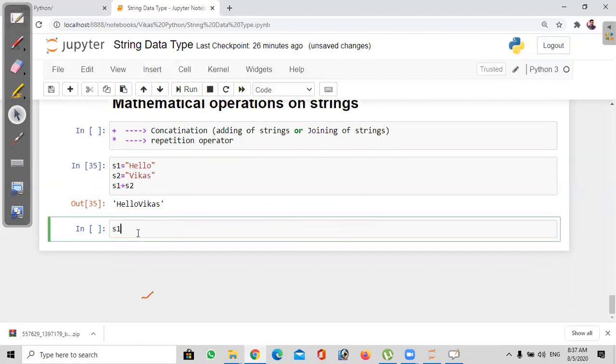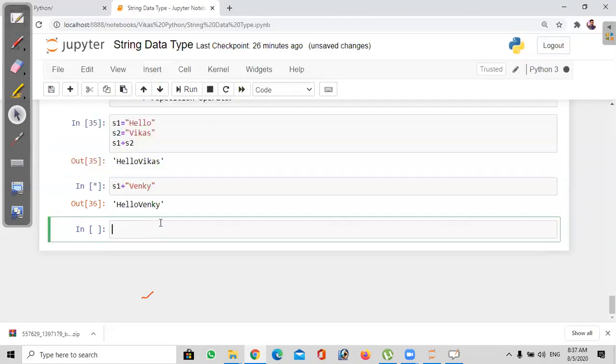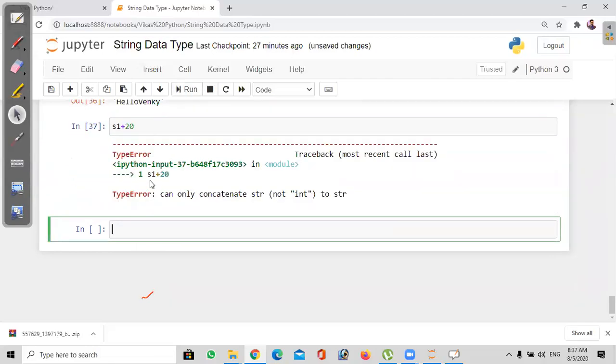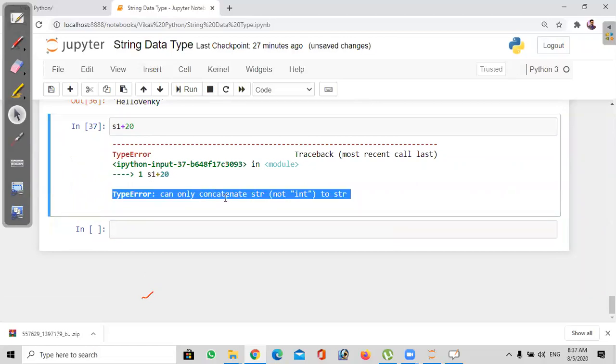If I add s1 plus some other string, it gives hello Venki. If I try to add an integer like 20, it will not allow, because we cannot add an integer to a string. We can only concatenate strings.